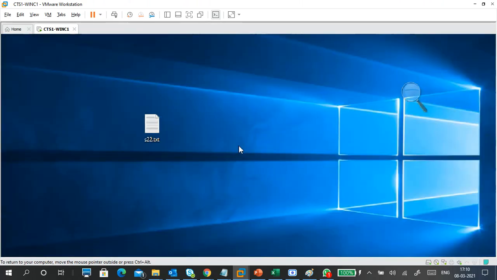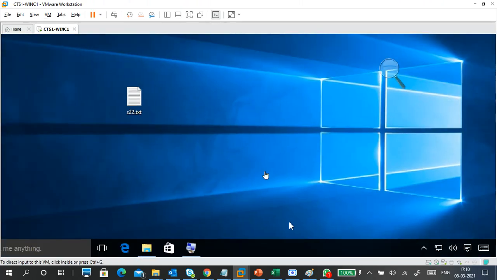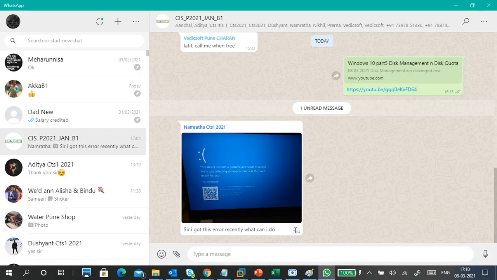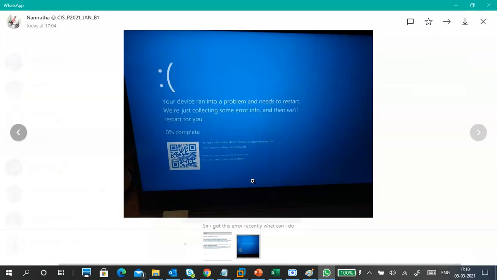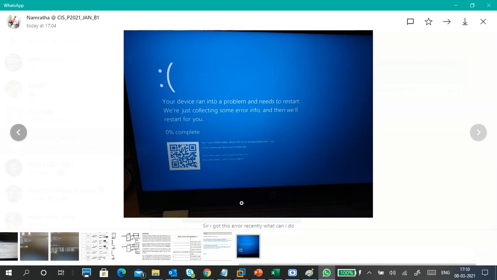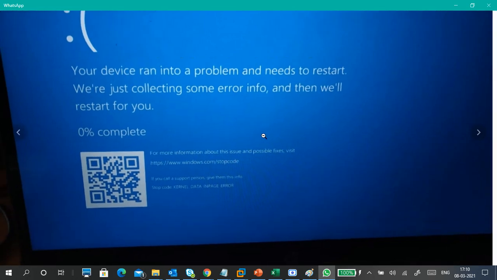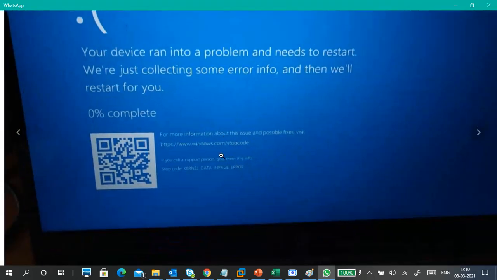Okay, now someone got an error, we'll show you once. Is it a physical machine, or Namrata got this error? Kernel data in page error.